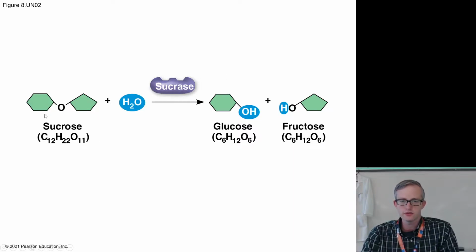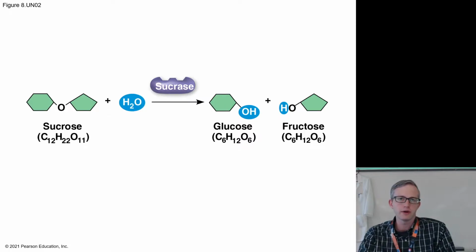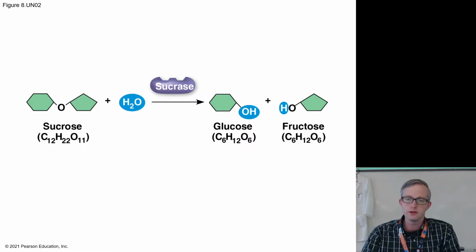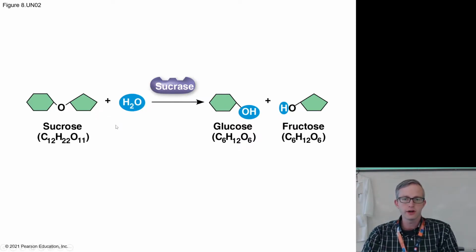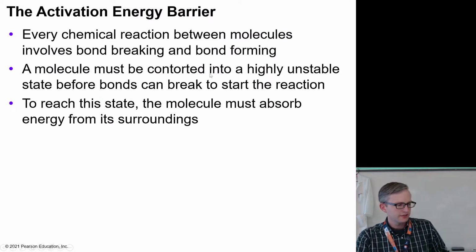And what happens here is sucrose is a molecule, it's a disaccharide. It always has potential to break apart into glucose and fructose, but generally at normal conditions, it's not going to. Right? If you sufficiently heated it or added the right pressure or changed the environmental factors in a number of ways, you could probably encourage it to happen more easily, but that's not really practical for living things. And so by utilizing an enzyme called sucrase, living organisms are able to put sucrose into a physical arrangement that makes it more likely to split into glucose and fructose, which might be helpful, for instance, in the case of digestion. So this is where activation energy comes in.